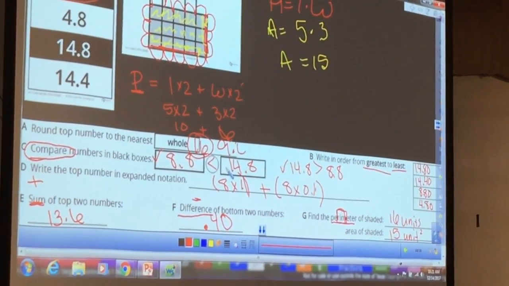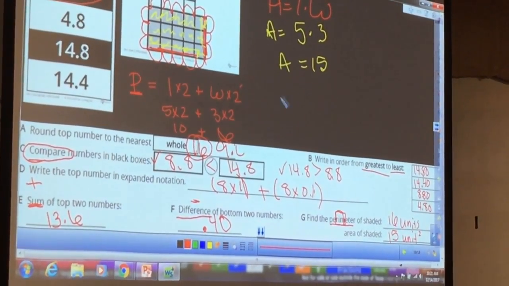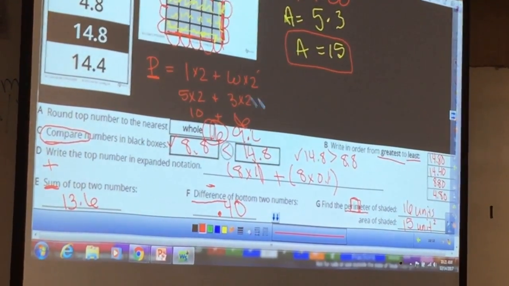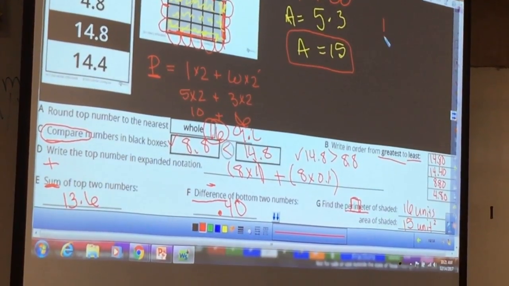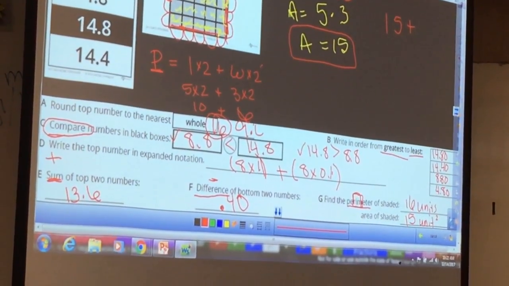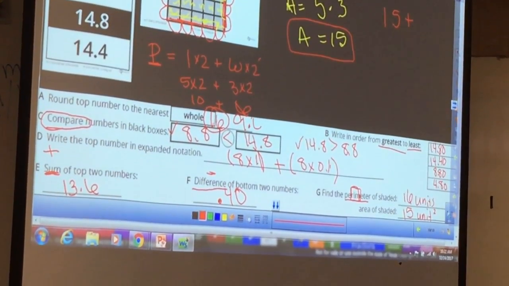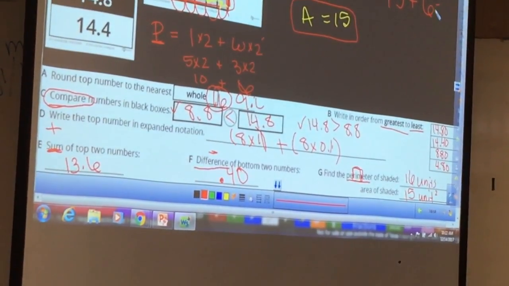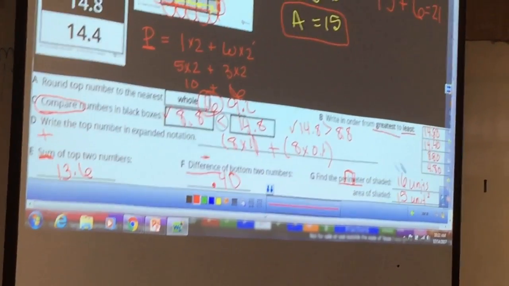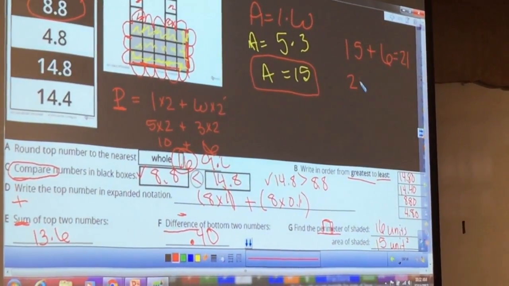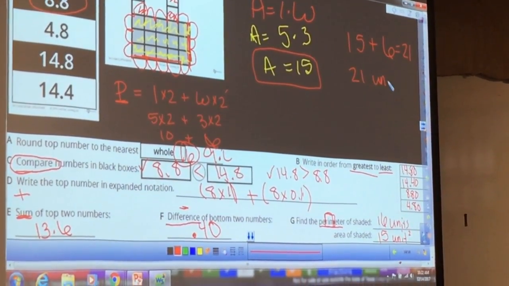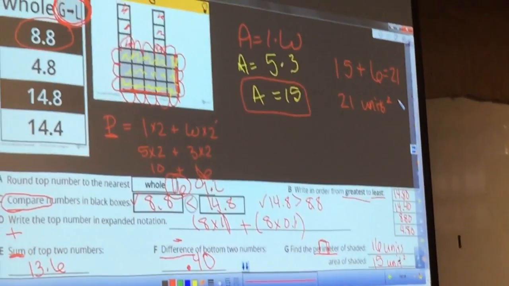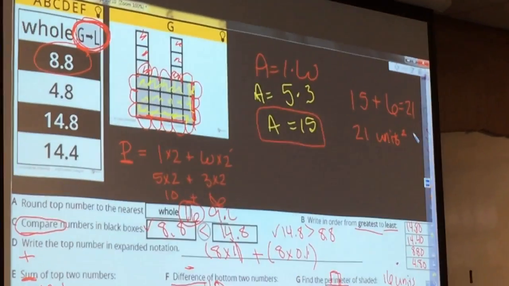All right, so then the last question is what on your paper? What does it say? Total area. So if I already know this area is 15, do I need to start over? No. I can just take 15 plus I count 1, 2, 3, 4, 5, 6, and 15 plus 6 equals 21. 21 what? 21 square units. Good. On the real thing, yes, you're going